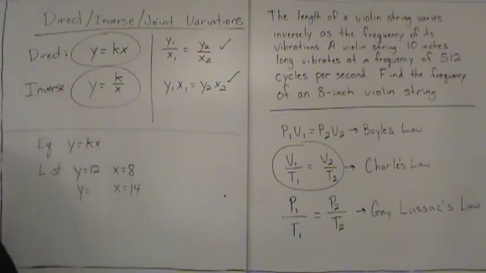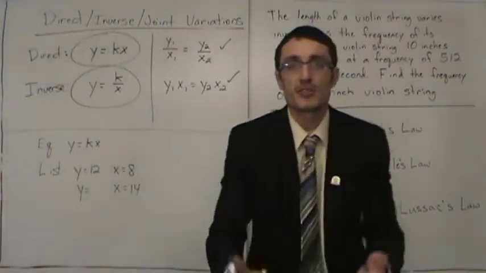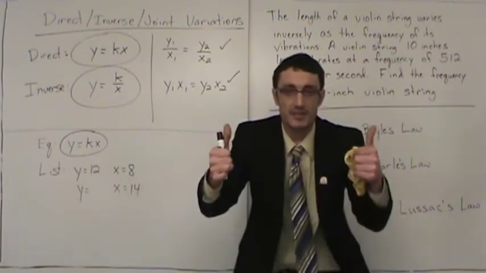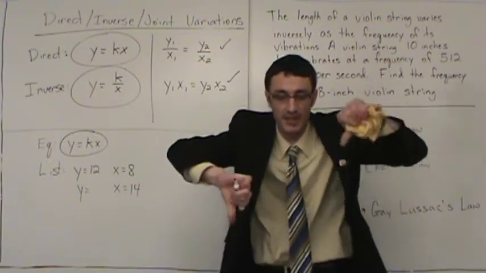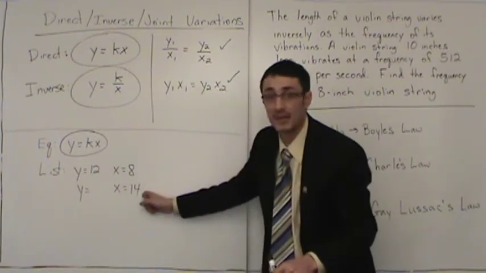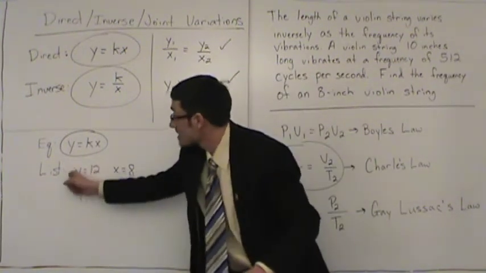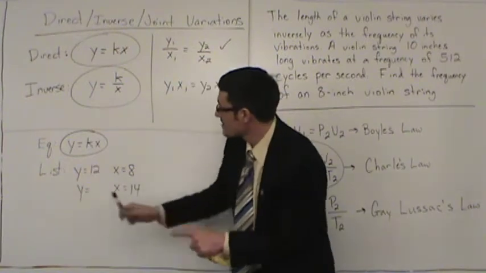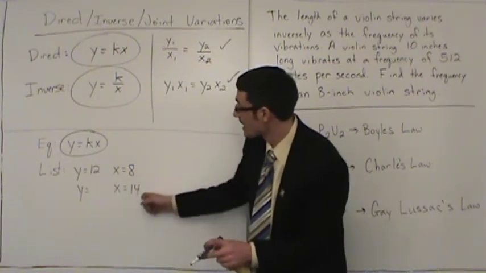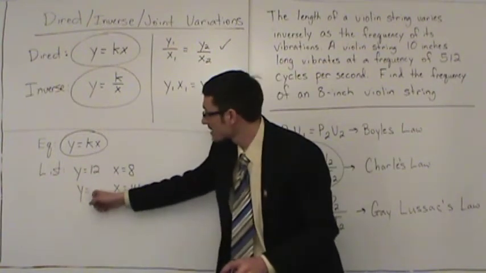Now I want to talk about this for a moment. What did we say direct means? Direct means they're doing the same thing. As one goes up, the other goes up. Or vice versa, as one goes down, the other goes down. So notice, what is happening to x here? X is going up. So what is going to happen to y? Y is also going to go up. So do we expect to get an answer that's bigger than 12 or smaller than 12? Hopefully you say x went up, y is also going to go up,